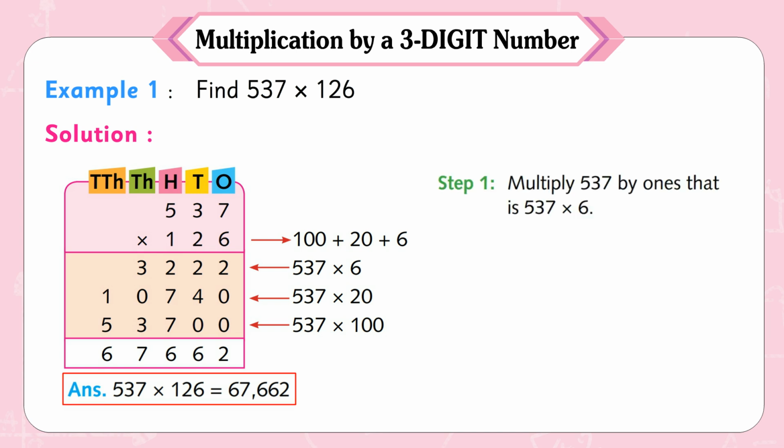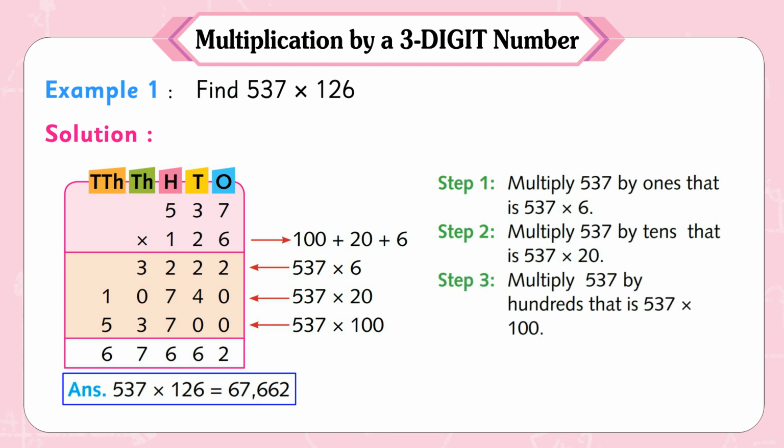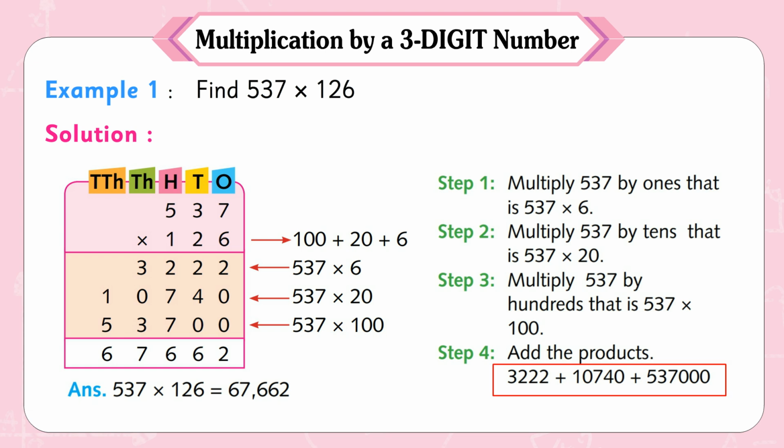67,662. Step 1. Multiply 537 by ones. That is 537 into 6. Step 2. Multiply 537 by tens. That is 537 into 20. Step 3. Multiply 537 by hundreds. That is 537 into 100. Step 4. Add the products. 3,222 plus 10,740 plus